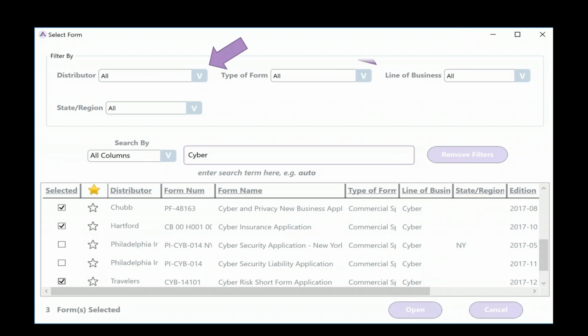I can choose by distributor, which gives me the various carriers I might be looking for. I can choose by the type of form. I can choose by the line of business, or I can filter all of that further by state if I'm looking for a state-specific form or application. In this particular case, I chose to type in the term and do more of a Google search by typing cyber into the search bar, and you can see that up came all of the various cyber applications that are